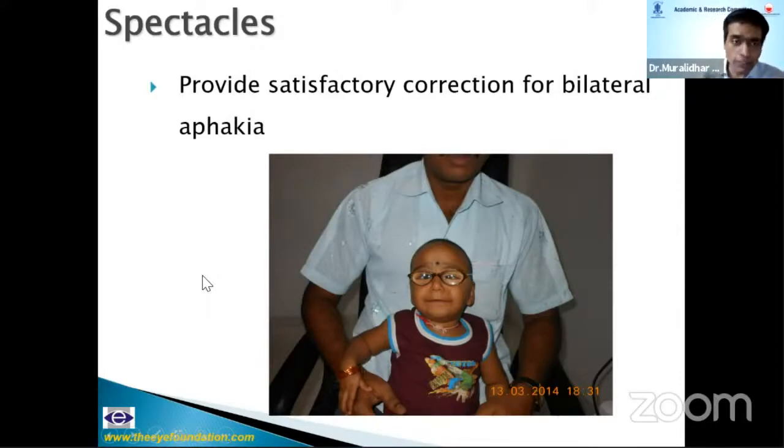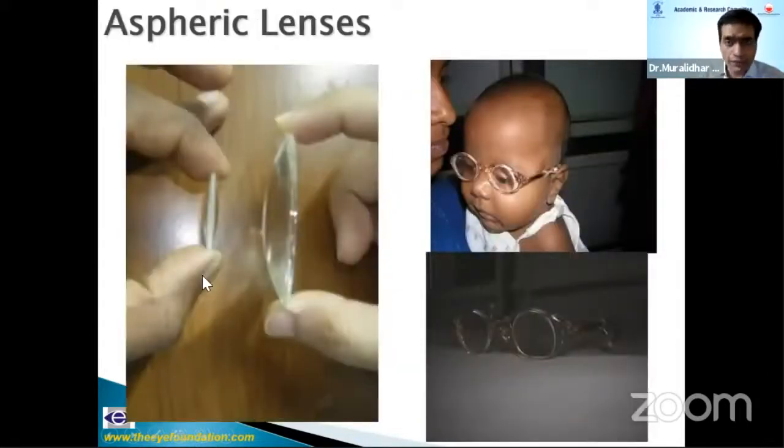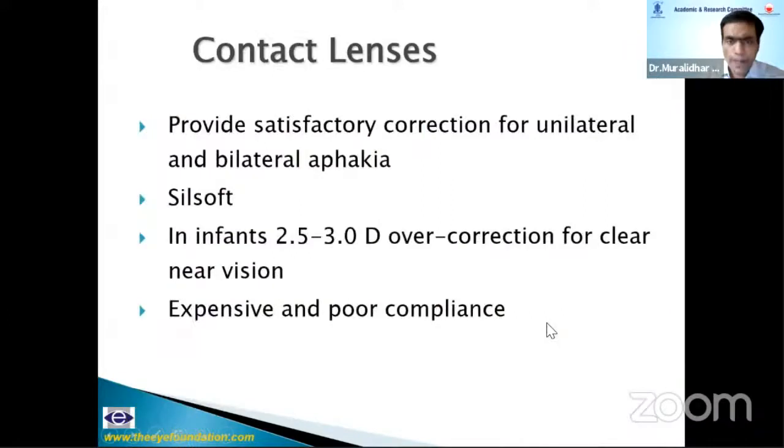There was an audience question, how would you manage these microcorneas? Yes, for less than 9 millimeter corneas, I do not implant an IOL in the pediatric age group. And for bilateral, aphakic glasses are the treatment of choice. Now, the Silsoft lenses can be given for a couple of patients. For many patients, I've used these unilateral aphakics and taken them for secondary IOL once they were over 1 year of age. So contact lenses, once again, I want the SN faculty to comment.